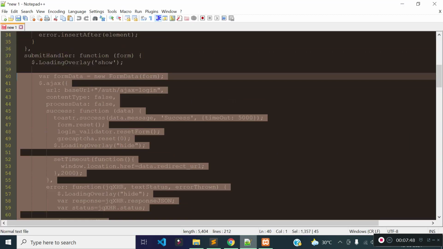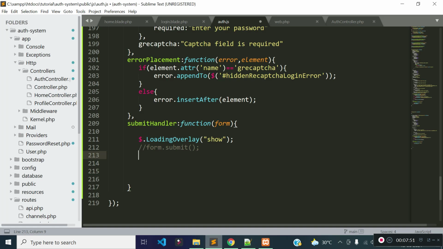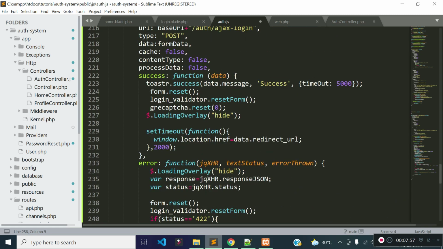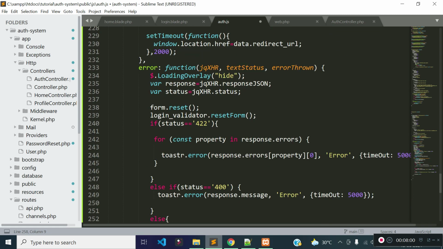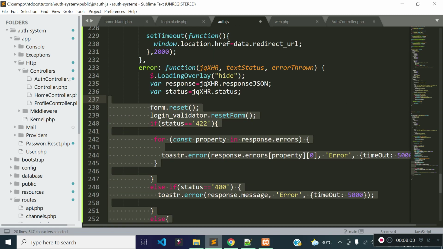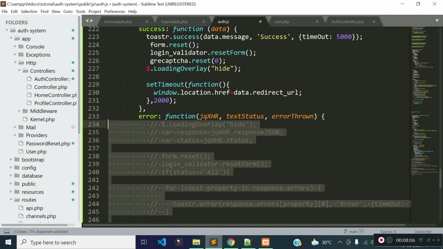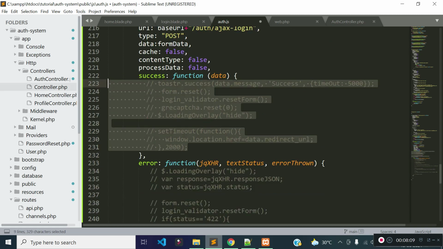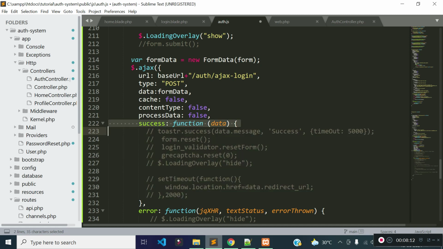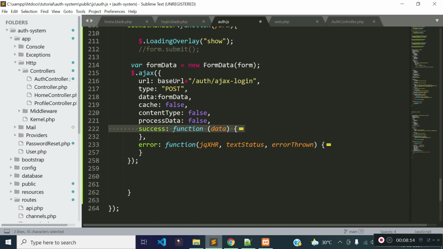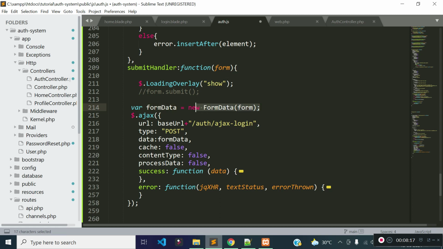I already prepared some code so that this video does not take much time. Let's copy and paste the code here. For now I will comment out this code, and I will explain it later one by one. Let's comment out this code also. Let's see how we can call AJAX. Before calling AJAX, I am taking the form field values with the help of FormData and storing them in a formData variable, and then I am calling AJAX.